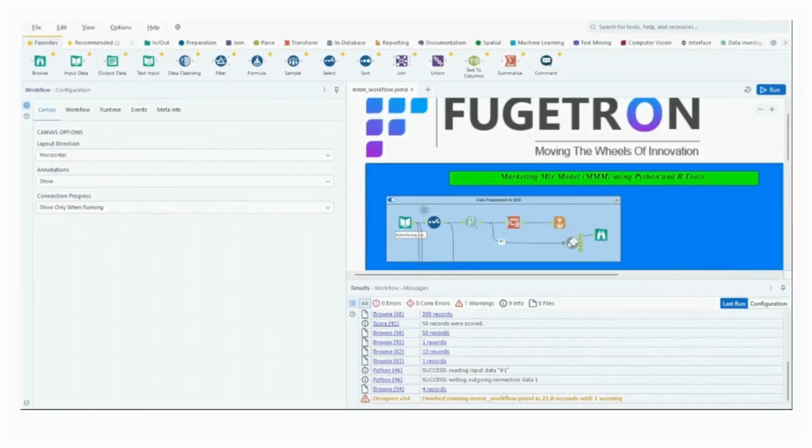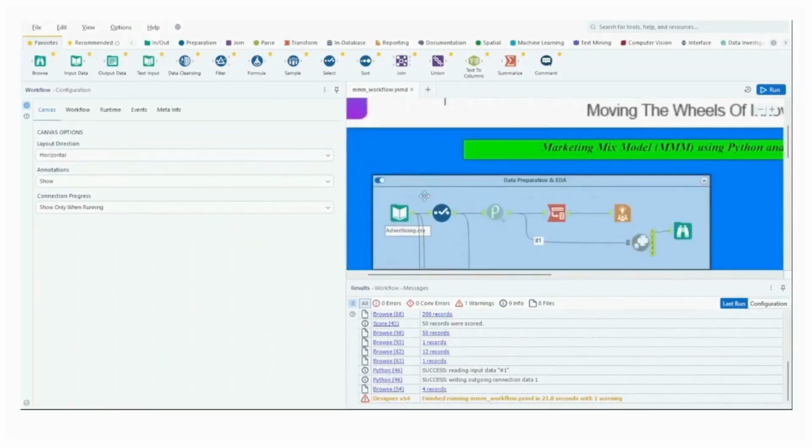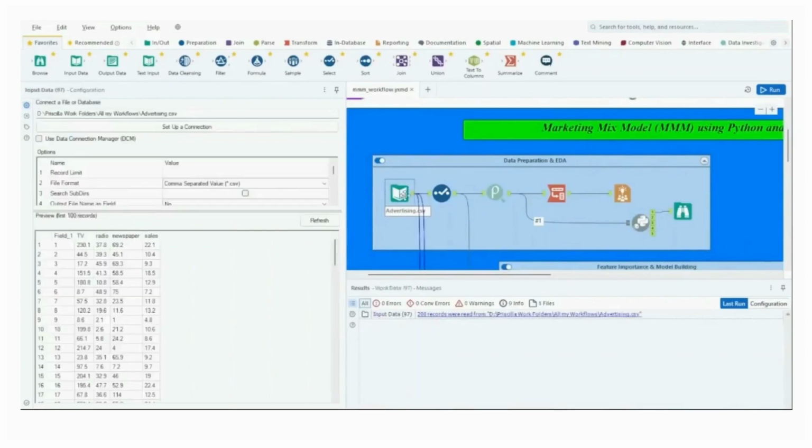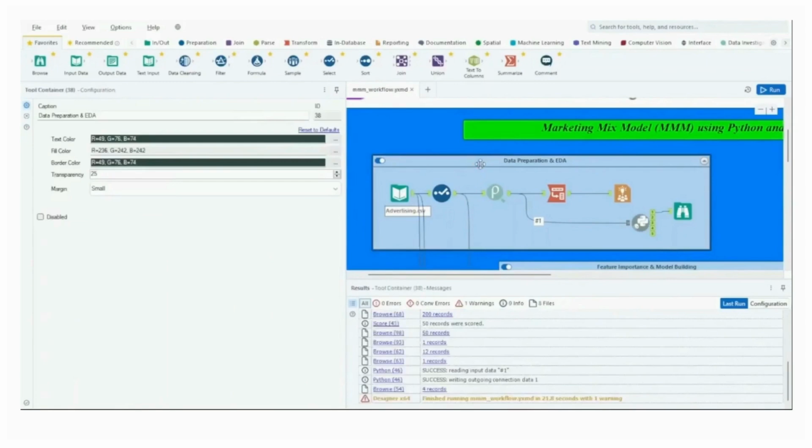Let's create a step-by-step process of creating your own marketing mix model in Alteryx to unlock the power of marketing mix modeling and gain valuable insights into your marketing efforts. Step 1. Data preparation. Now that we understand the fundamentals, it's time to dive into the first step, getting our data ready for analysis. To begin, we need to bring our data into Alteryx, and for that, we'll utilize the